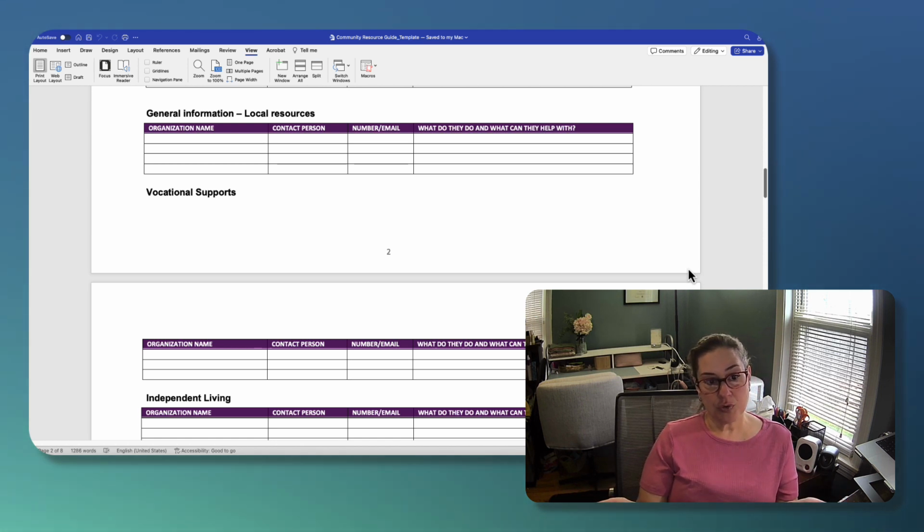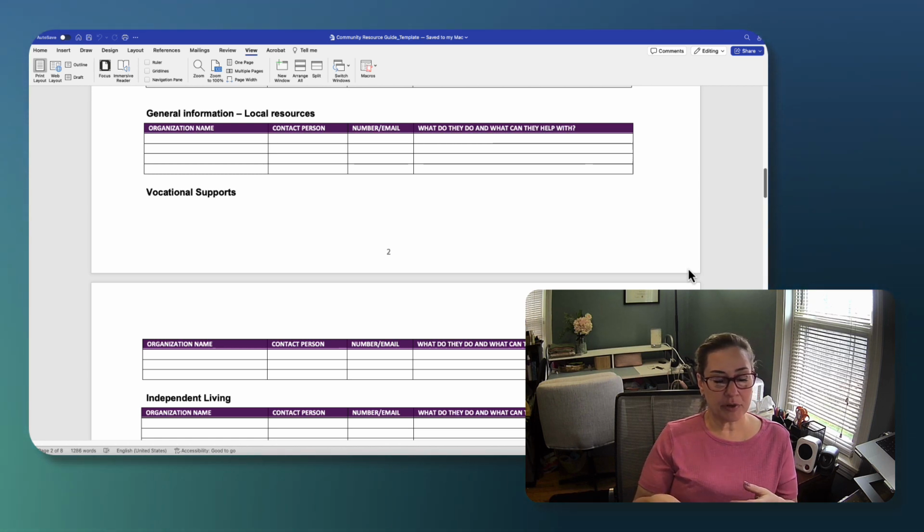For those of you who are not aware, vocational rehabilitation is done at the state level, and each VR office is different in terms of how they're set up. In fact, they all have different names, somewhat. There's usually a little bit of variety in the name.